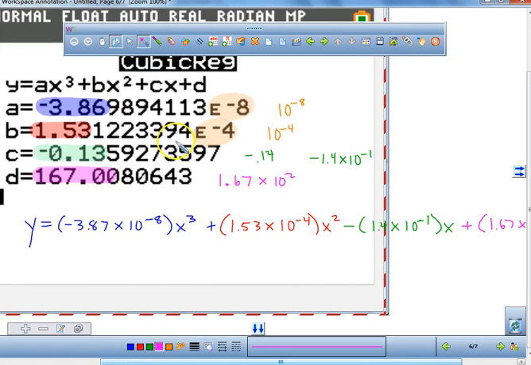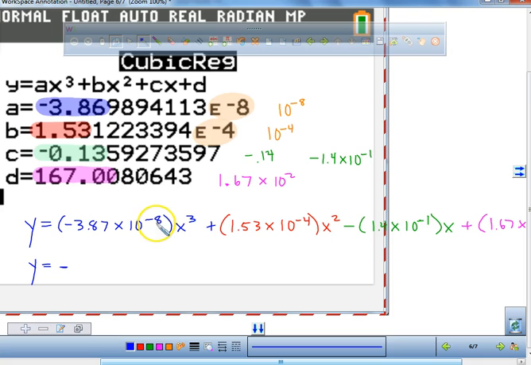Now what we're going to do is write this all down nice and neat as a decimal. If that says to the negative 8, that means there's actually 7 zeros in front of it. If that says to the negative 4, that means there are 3 zeros in front of it. That's how I always remembered it. 1, 2, 3, 4, 5, 6, 7, then 387 x cubed. Plus